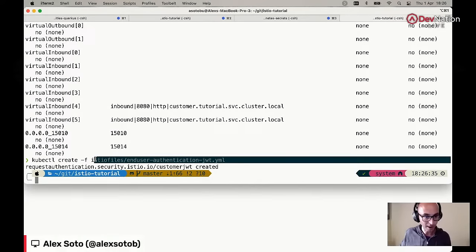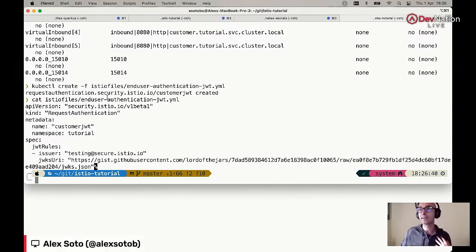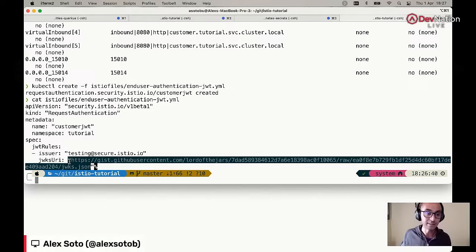This file that I'm going to share with you is just saying that when I want to access the namespace tutorial, it needs to be done with a valid JSON Web Token. And the issuer must be this one, and this is the public key to validate